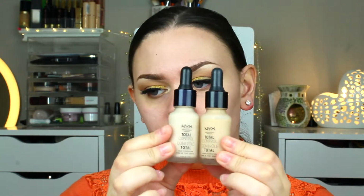Then I went in with the Urban Decay Optical Illusioning Primer. I forgot to show you guys. I could have sworn I pressed record, but I must have forgot or didn't click it at all. But yeah, I just went in and applied this primer because it's my favourite primer and it always looks beautiful underneath my foundations. Then going in with the NYX Total Control Foundation drops in the shade Natural, which is the first one I'm applying now,